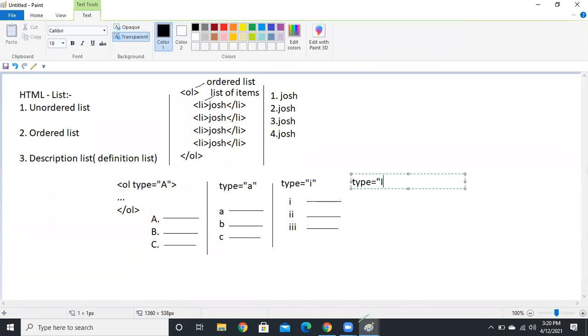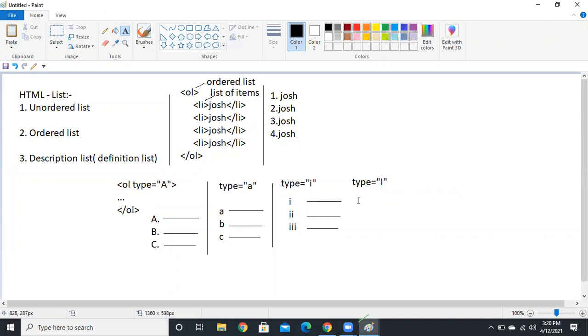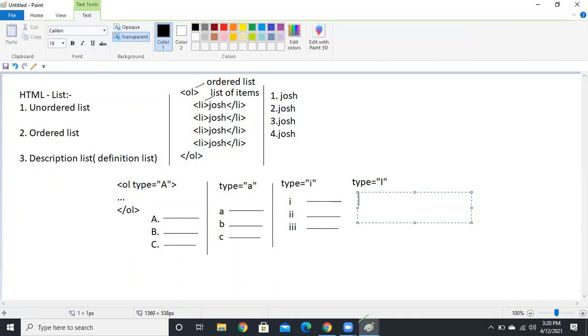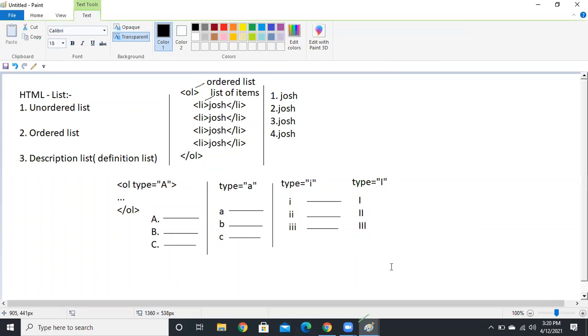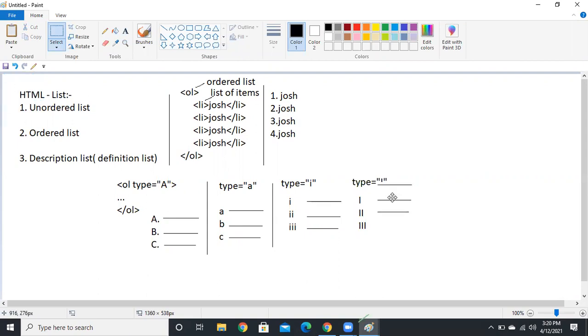Type is equal to capital I, you will get upper Roman letters. Small a, capital A, and small i. And this is the ordered list, right?